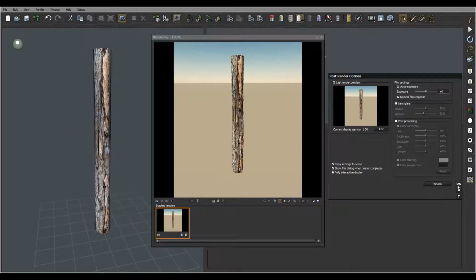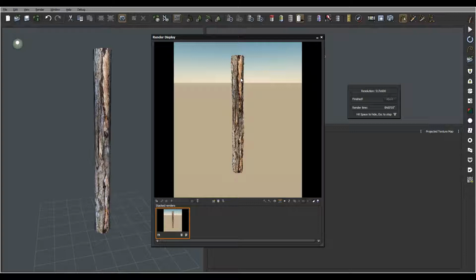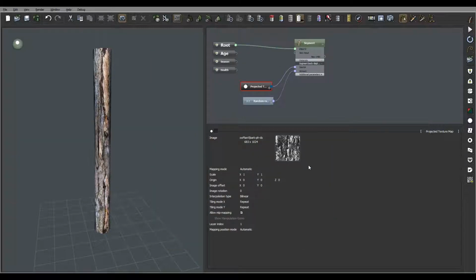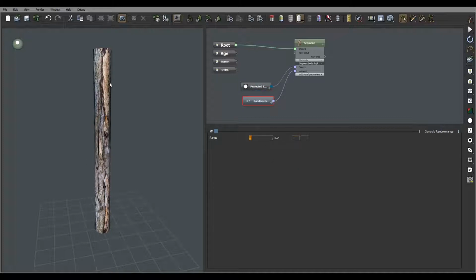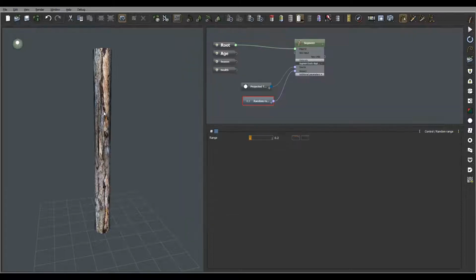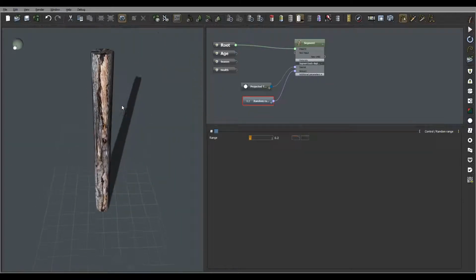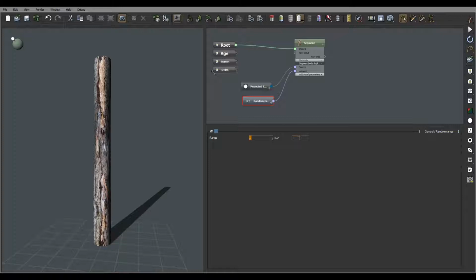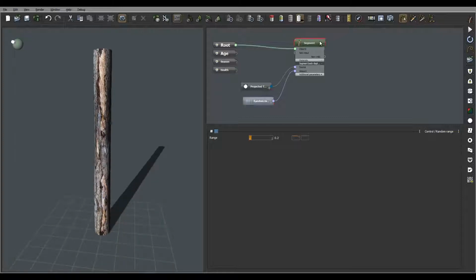Okay, so right here you can see we have a nice tree trunk done with good displacement, and it looks very natural. We can apply a couple of effects. For example, if you don't want so much displacement on top, we can always use a filter and apply it specifically for the displacement, reducing it a little bit on the top as well